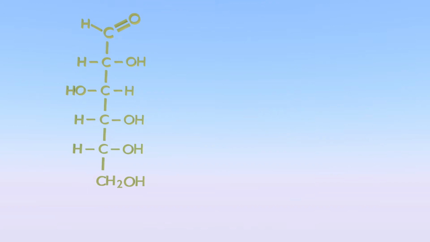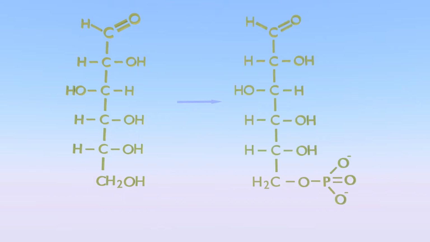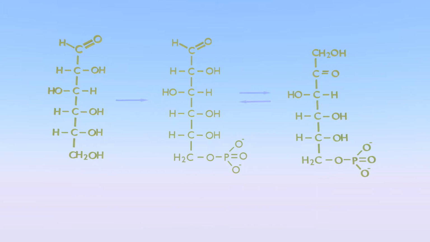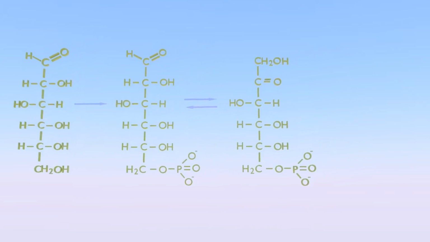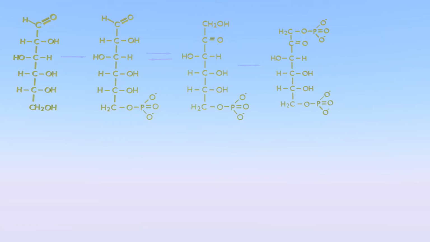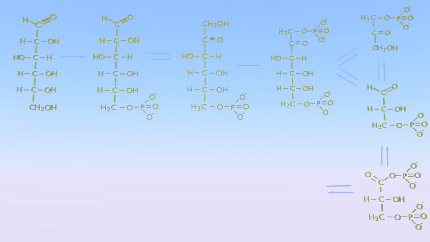In the first reaction, glucose is phosphorylated to glucose 6-phosphate at the expense of ATP. This product isomerizes to fructose 6-phosphate, that is phosphorylated to fructose 1,6-bisphosphate, also at the expense of ATP. After this step, the molecule splits into 3 carbon compounds involving several steps that we will not describe in detail